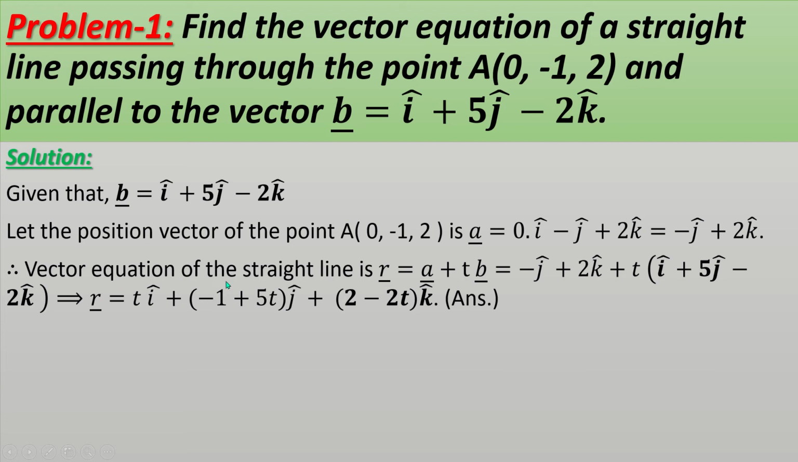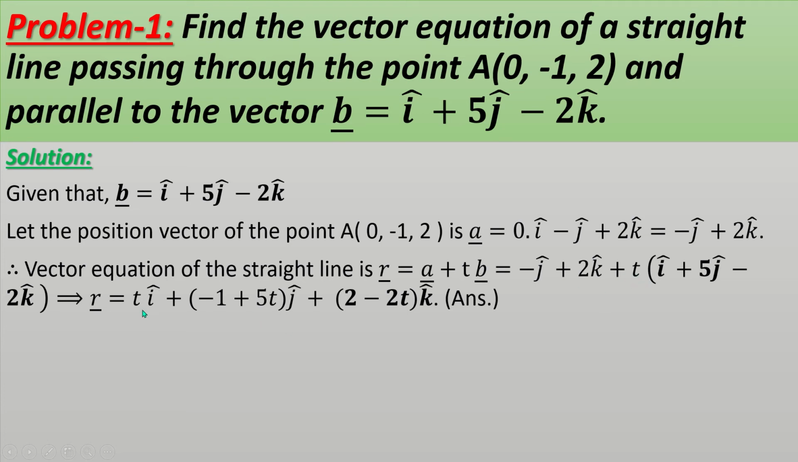And the vector equation of the straight line is r equal to a vector plus t b vector, passes through the point this and parallel to vector B. We know this formula. Now putting the value of a, a is equal to minus j plus 2k, plus t into b, which is i vector plus 5j vector minus 2k vector, implies